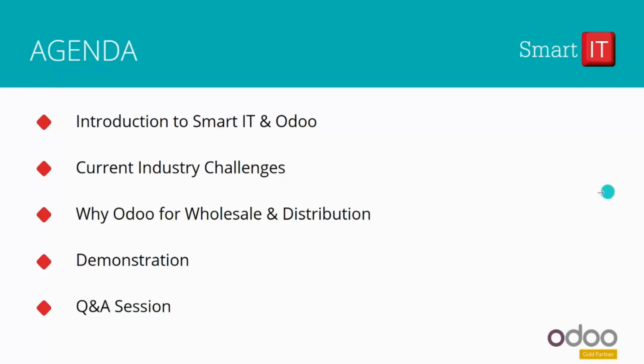So what we're going to be doing today is introduce you to Smart IT and Odoo ERP. We're going to talk about some of the current industry challenges, why Odoo for wholesale and distribution, and what its real benefits are for you. We're then going to go into a brief demonstration of some of the highlights of Odoo, and then we'll have a question and answer session. If you have any questions, just raise them in the chat, and at the end of the session, when we get to the Q&A, we'll answer those questions. So that's where we're going to move on from now. So let's kick off with